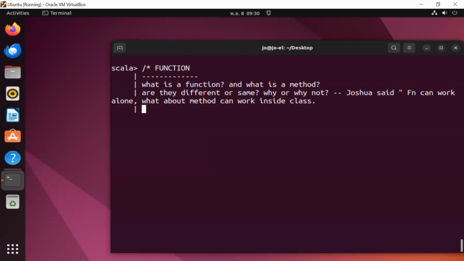Function, we can create a function separately. They can work alone. But most of the time in object-oriented programming languages, we call them the method because they are related to the classes. And the function is for the functional, such as the C programming language. So they come under the function. So the function is different from method because, if you're explaining, they all work the same, but they're used in a different place.